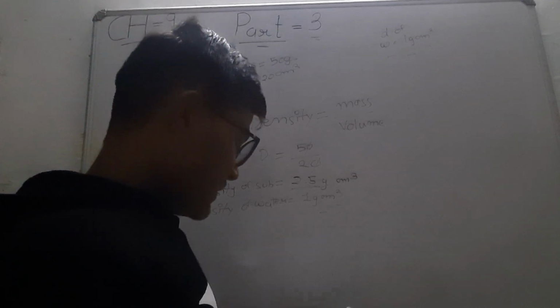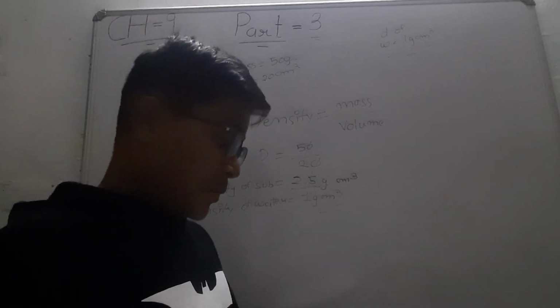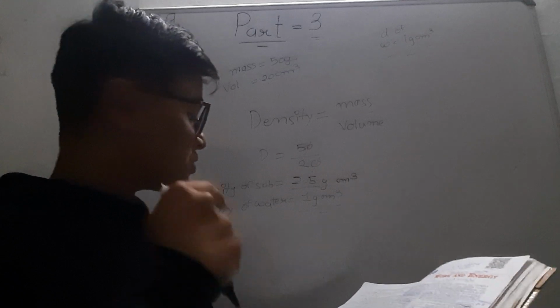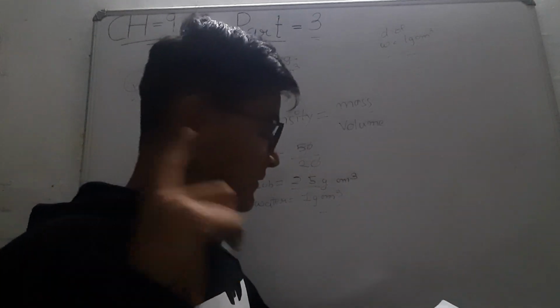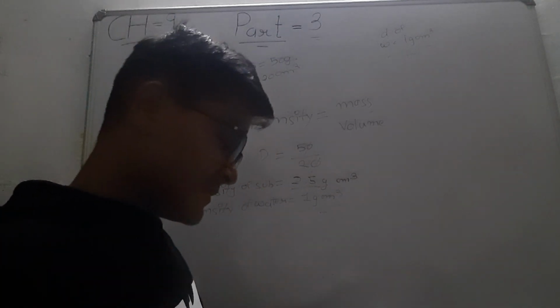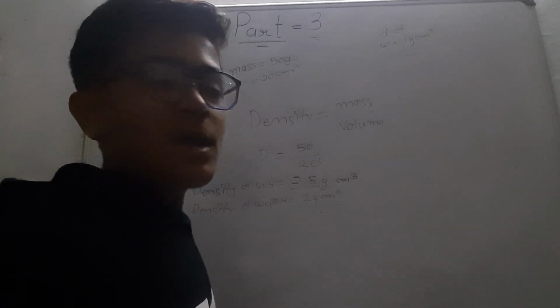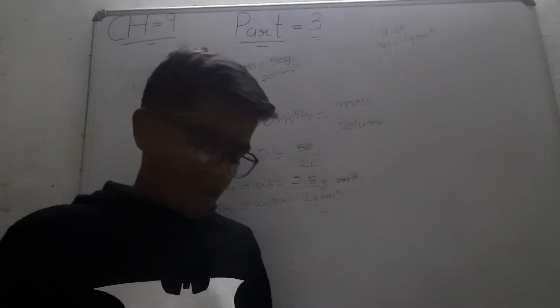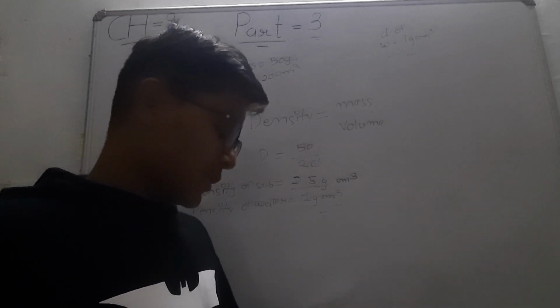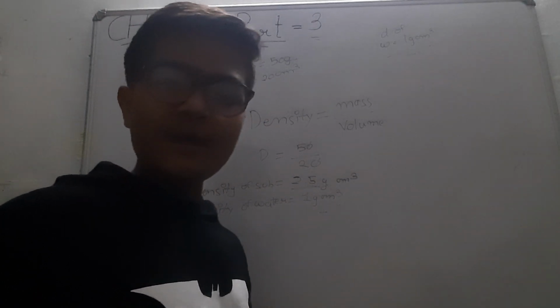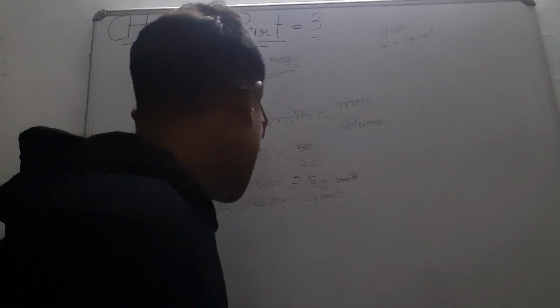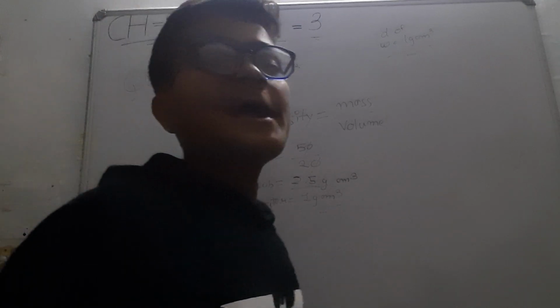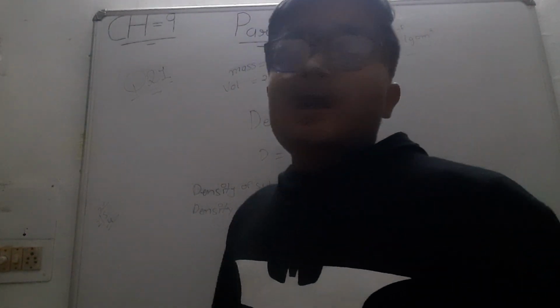Okay, so here we have done till question number 21, and question number 22 is also the same as question number 21. Mass is given, the volume is given, you have to find out whether it will sink or float on the water, and you have to find out also the displacement of the water. Here we have completed our whole chapter, chapter number 9, gravitation. All the topics are covered with the exercise.